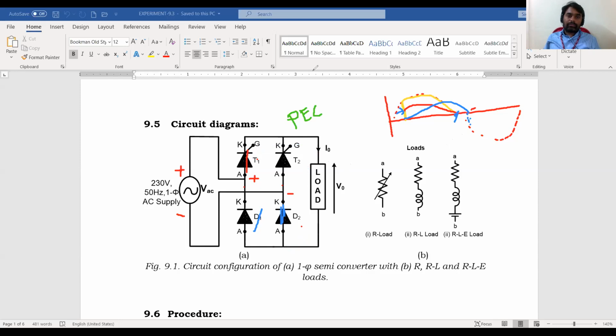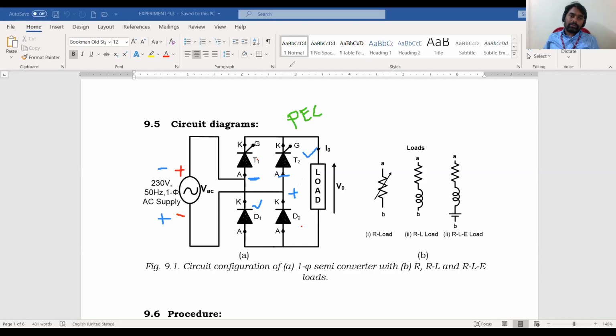Similarly, during the negative half cycle, if you want to control and convert this negative half cycle to the positive half cycle, right? So now this polarity will become negative and this will be positive. So this wire is connected to negative here, and this bottom one is connected to positive. That means leg A center point is connected to negative, leg B center point is connected to positive. So if you see here, diode D1 will be in forward bias condition, as well as T2, because anodes of these devices are connected to positive, and cathodes of these devices are connected to negative terminals, so they will be in forward bias condition.